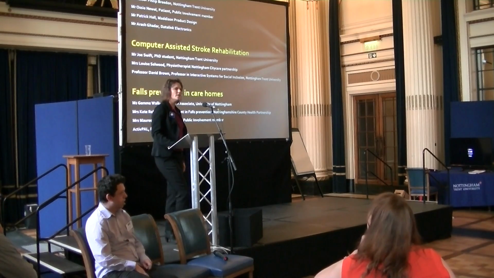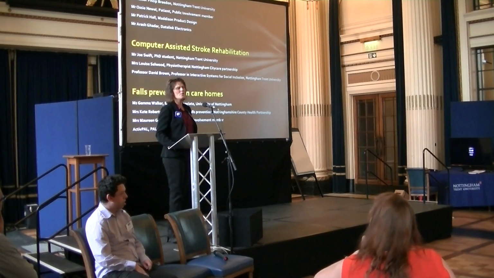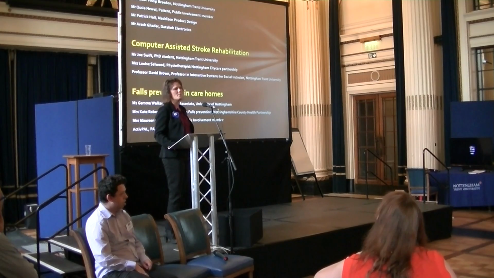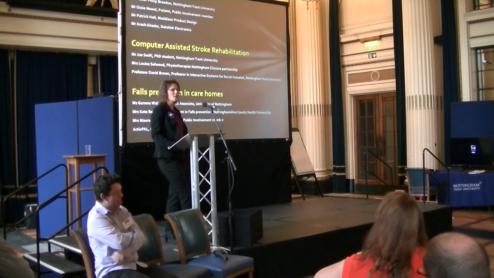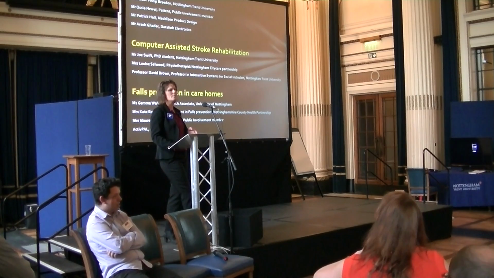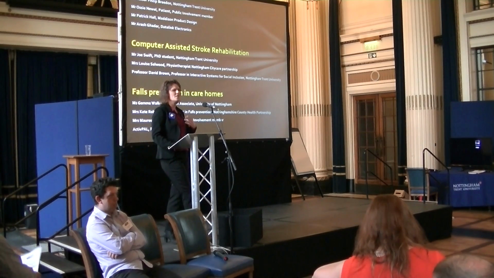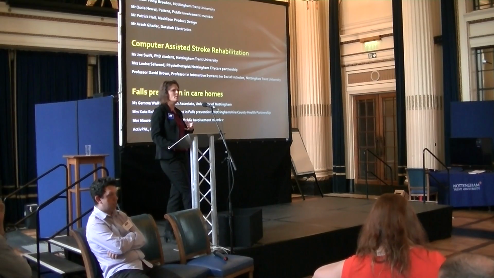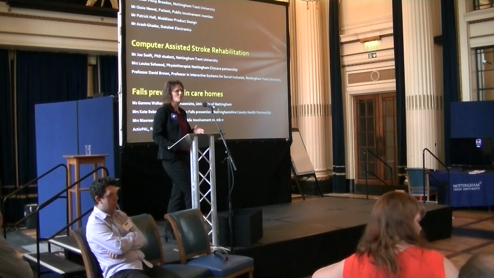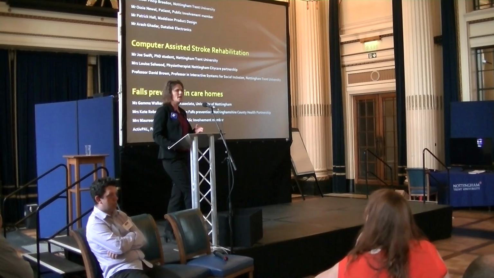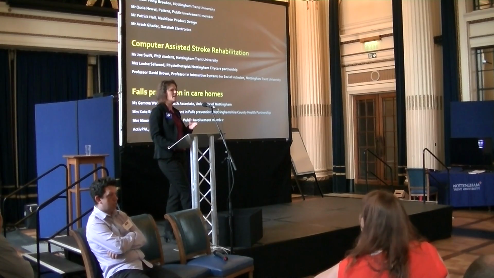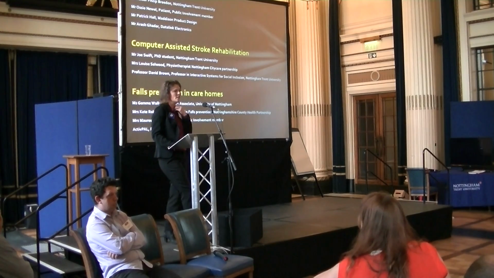And then the bottom one is an area we've been trying to research for a long time now. It's about people falling over. They tend to be older people, but if you've had a stroke and you're in your 20s, you're much more likely to fall over. If you've got MS and you're in your 40s, you're much more likely to fall over. And falling is really quite damaging to your self-esteem, it's quite upsetting, but it also can lead to fractures and to horrible bruising and to nasty skin tears and hospital admissions.